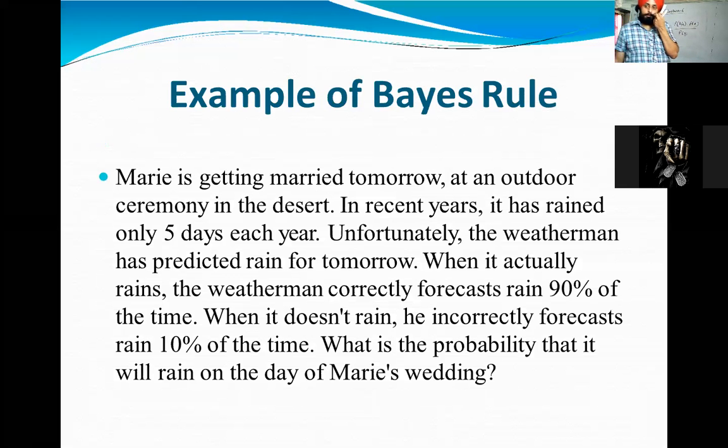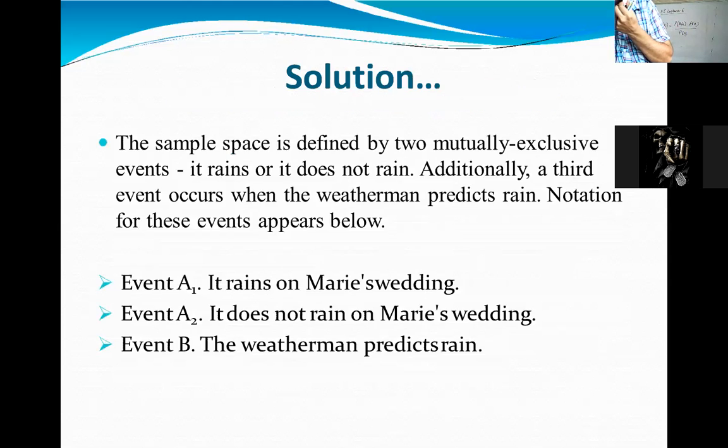So you can go through this simple example. I will just wait here for you to read this and do it yourself. Some situations like these are given. So you have to apply the Bayes rule, and obviously values will be given. So you have to put in the values and do such numericals. So this is the solution.